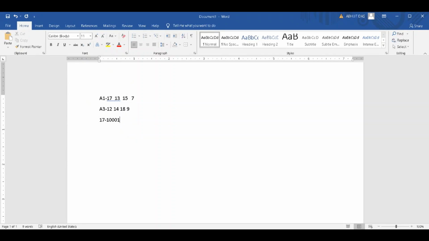So we need to convert 17 to 12, 17 and 12, and get the required array A2. So we need to make it as small as possible. For XOR, we know that whenever there are two same elements on a bit, they get cancelled out. So on 17, we have a set bit on the first position and a set bit on the fifth position.